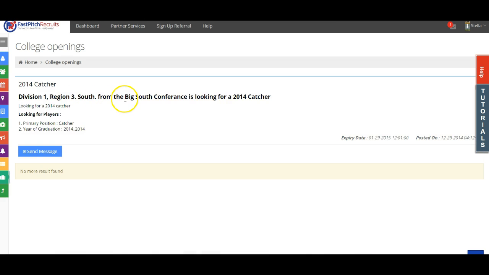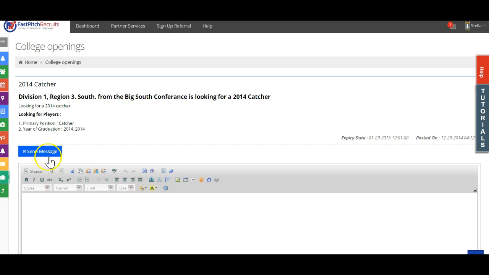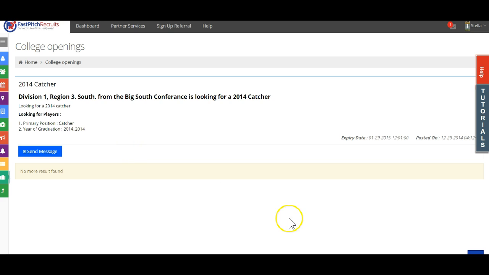So here you can see what a player sees. The information is anonymous. The player can send a message to the post, and that message is going to go to you, the coach. And again, these are only players that exactly match the criteria that you've added to your recruit profile. So the player can send the message,